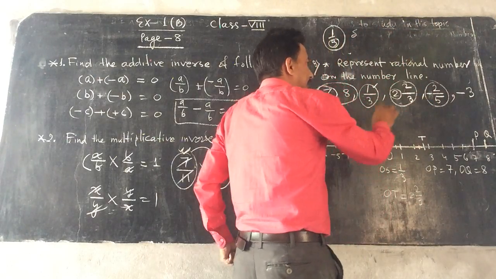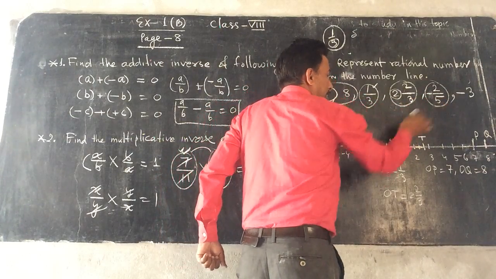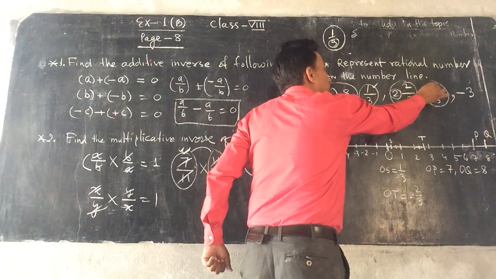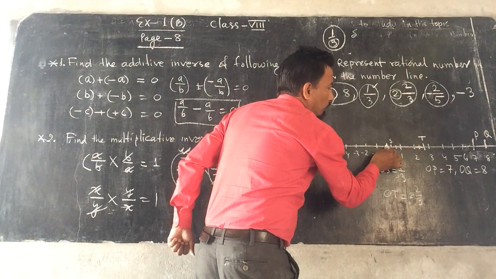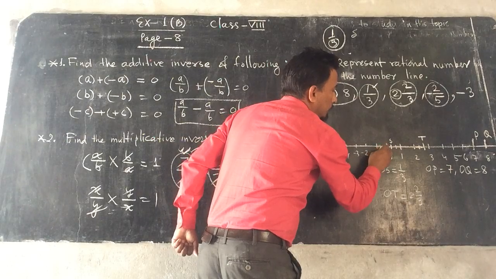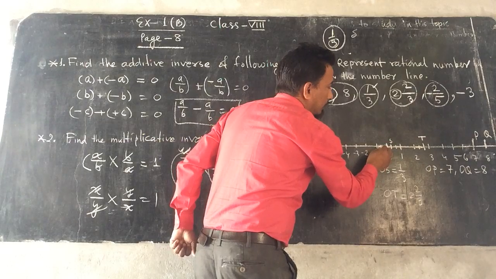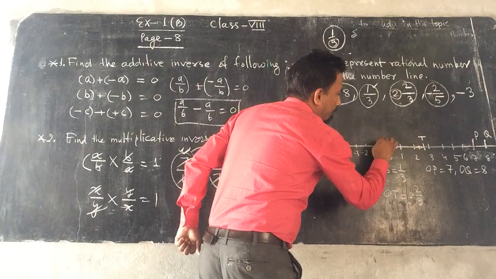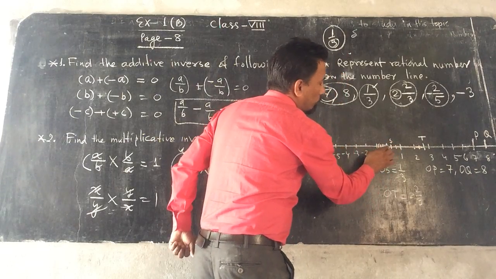Okay? So here it is negative, so left side. It is less than 1, remember. It is not a complete 1. 2 by 5 means it is less than 1. But 2 parts out of 5 parts means this unit. This first 1 only you have to divide into 5 parts equally. 1, 2, 3, 4. You can divide this into 5 parts.